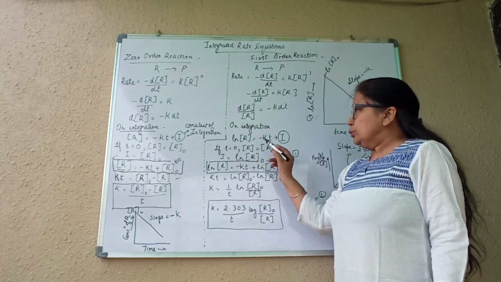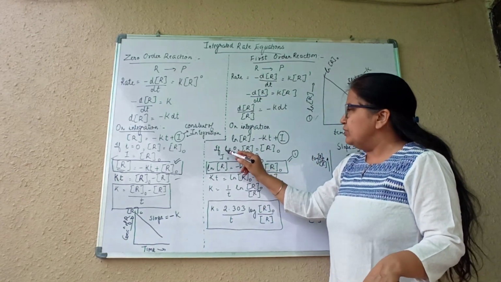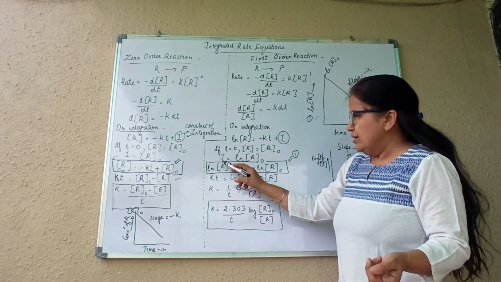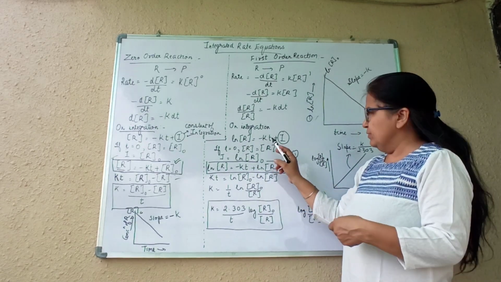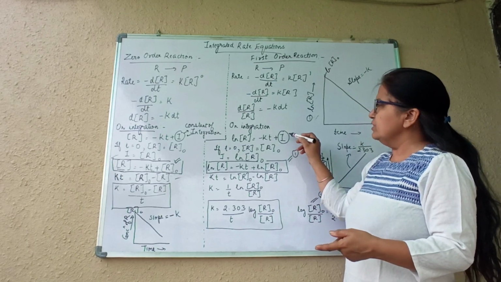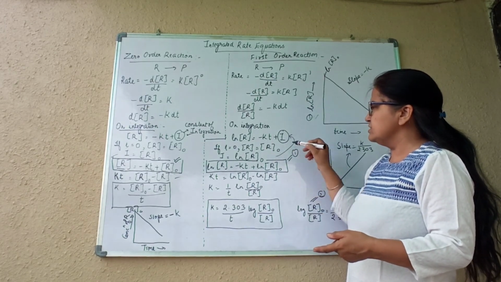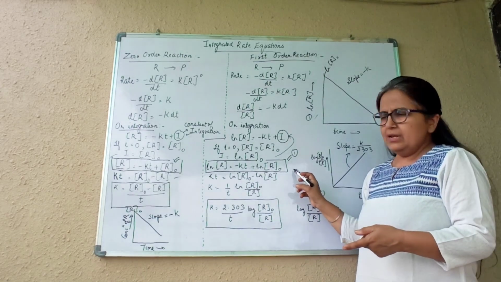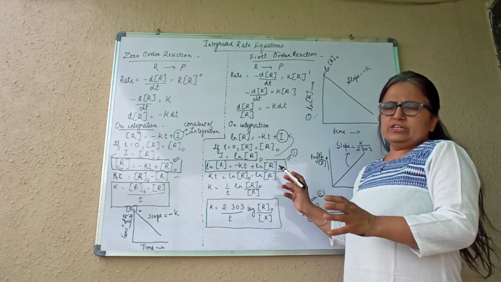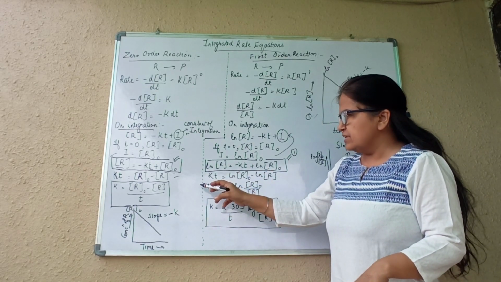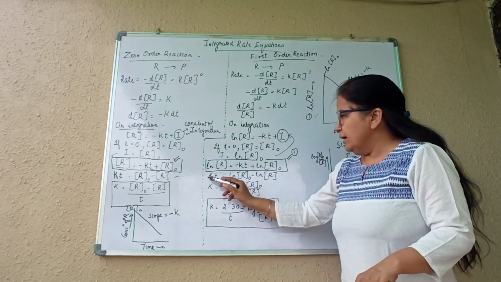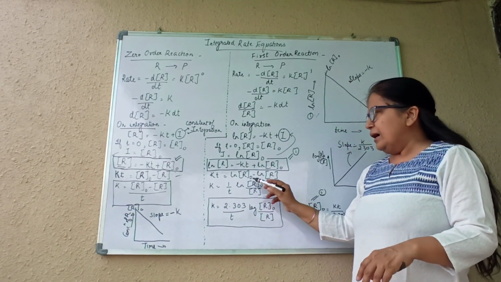Again, to get the I value, I take at t equals 0, [R] is [R]0. So I will get the I value as ln [R]0. Putting this I value in this equation, I will get this equation: ln [R] is minus kt plus ln [R]0. Certain changes again. This kt I brought to this side, ln [R] to this side. So I got this equation. Again, k is 1 by t ln [R]0 by [R].